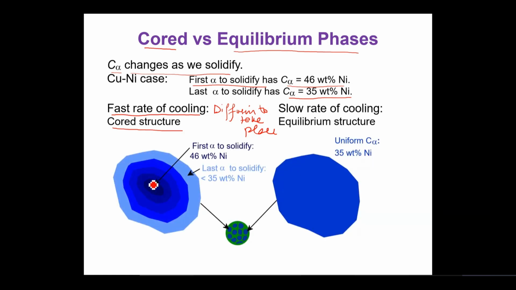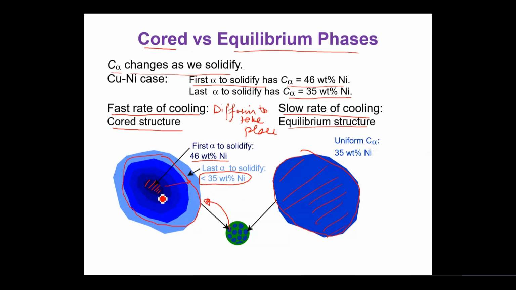In a cored structure, the first solid to solidify would have the highest amount of nickel, and there would be a gradual change in the composition, and the last solid that would solidify would have less than 35 weight% of nickel. Clear enough? Yes, sir. This is one of the grains that I have taken, only one grain, and it would be the same in all the grains. But if you cool it very slowly,